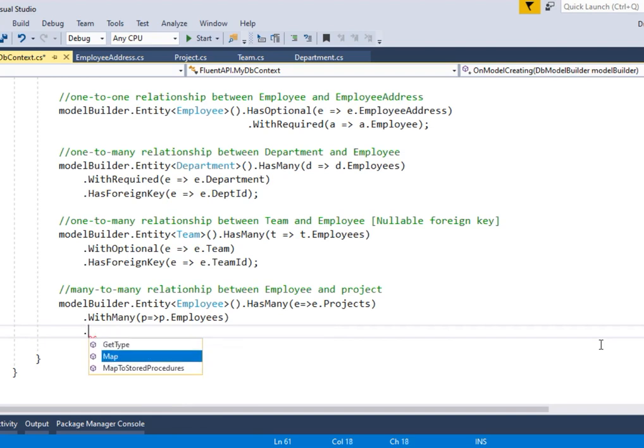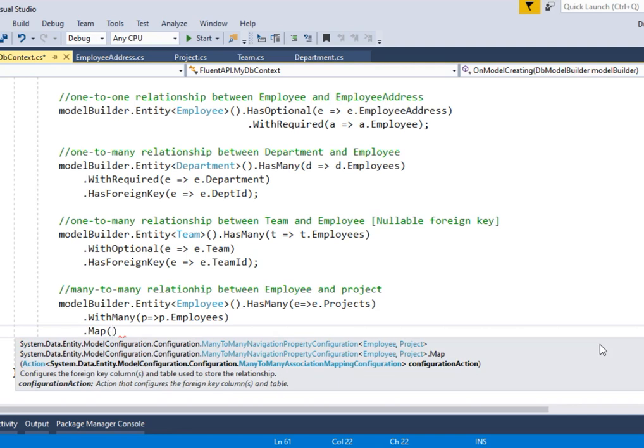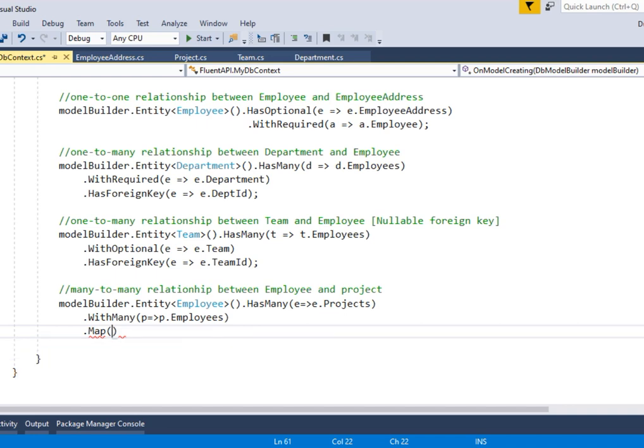Then you have to define the mapping. You will use this Map method, which also accepts a lambda expression. You can define any argument here, and in this method you will specify your configuration details, meaning what will be your foreign key name and what will be your table name. Here I'll define one argument, say ep.